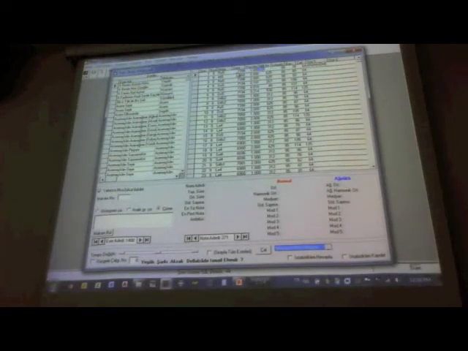Note names, milliseconds, etc. We can play them. We can plot the